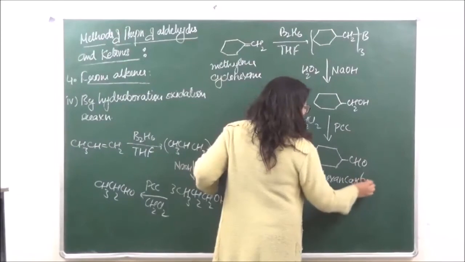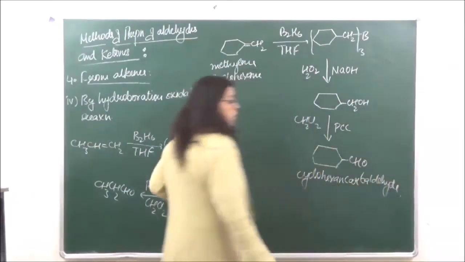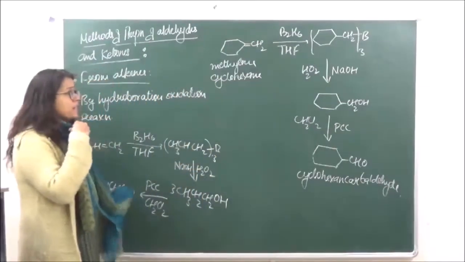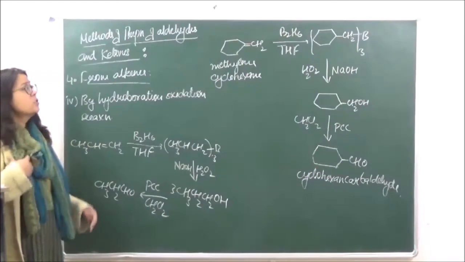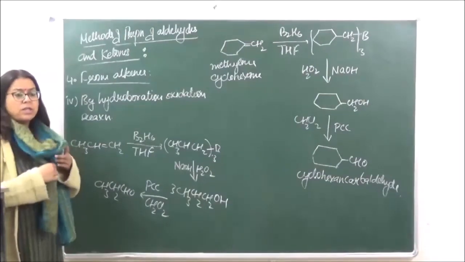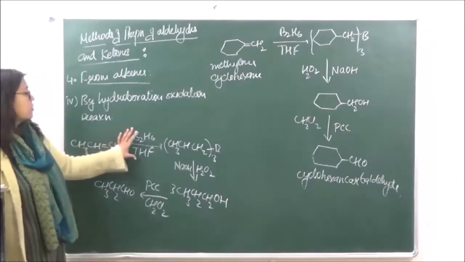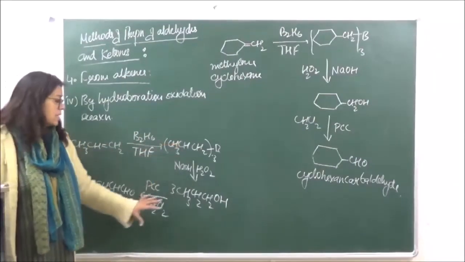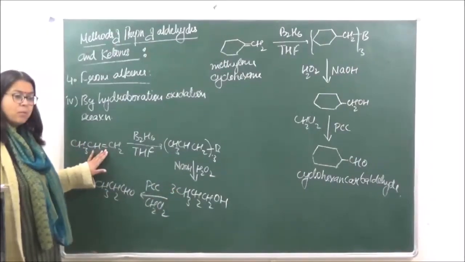Now the mechanism is same. Okay, if you know the mechanism and you know what is happening to the functional group, you can do the reaction with any kind of reagent. It is not going to be difficult. The only thing is that you should know that if you are using this reagent, this is the compound which you are going to get. Okay, and the reactant should have a double bond.